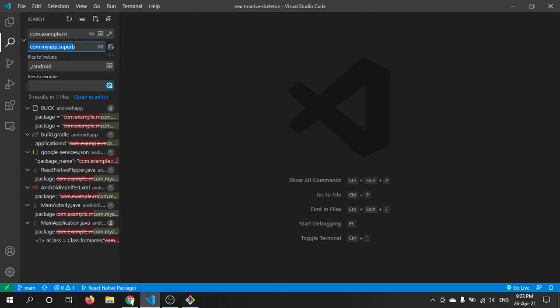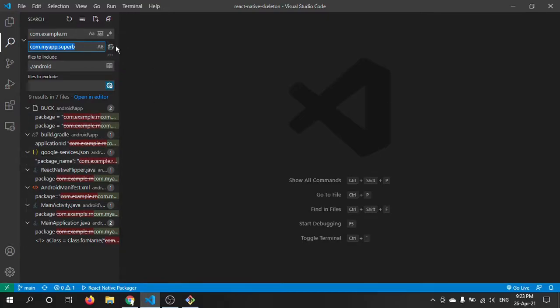So this is what we are going to do, and we simply click replace. If you click replace, it will replace everywhere. You can see there are 7 files: the build.gradle, google-services.json, React Native Flipper, Android manifest file, MainActivity.java, MainApplication.java.